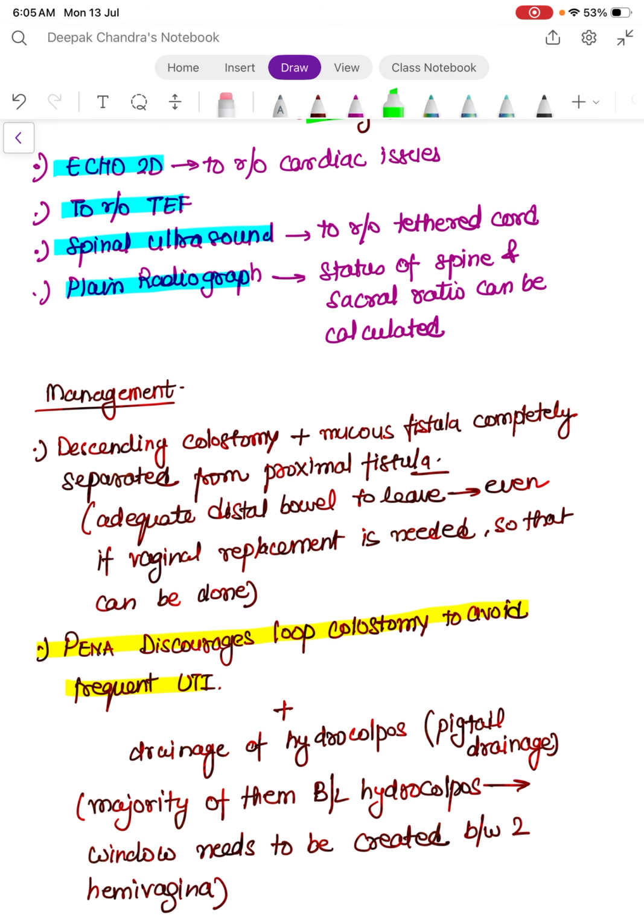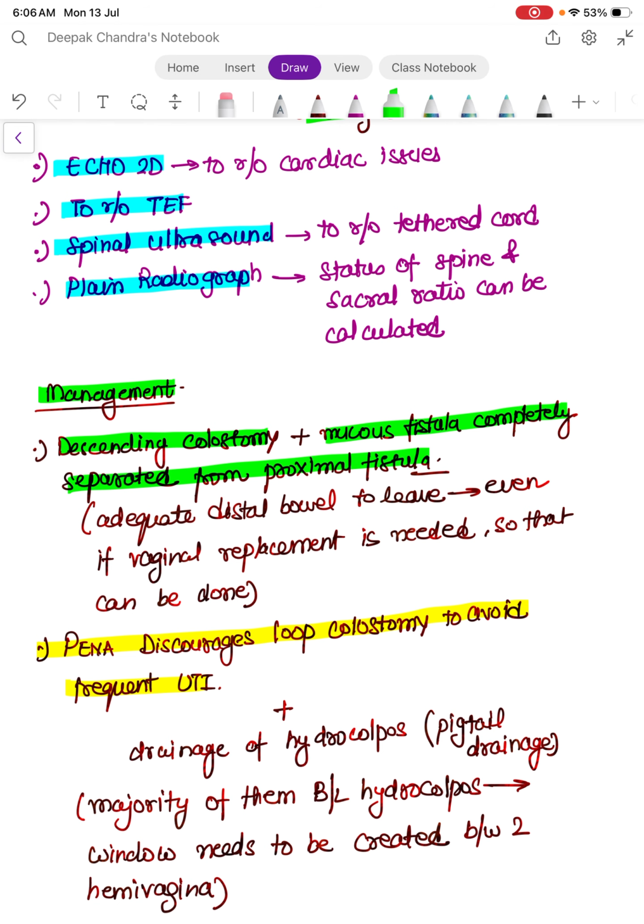So management includes a descending colostomy with a mucus fistula that is completely separated from the proximal fistula. Penna's teaching is that they never recommend a loop colostomy. So there should be adequate distal bowel that we have to leave,